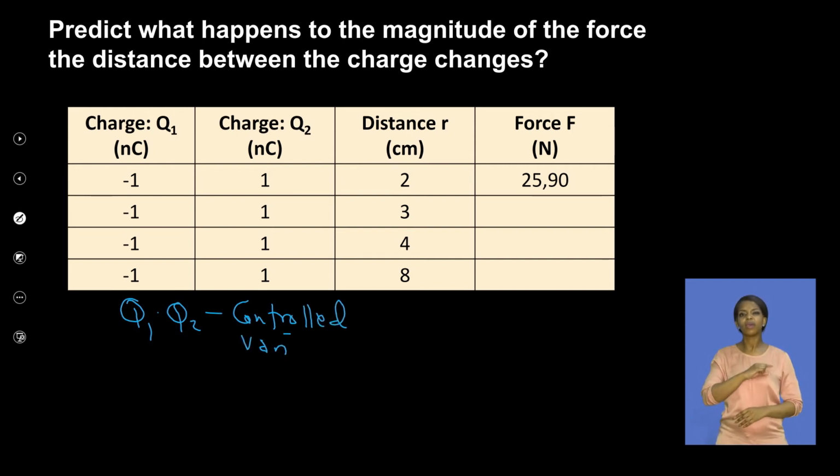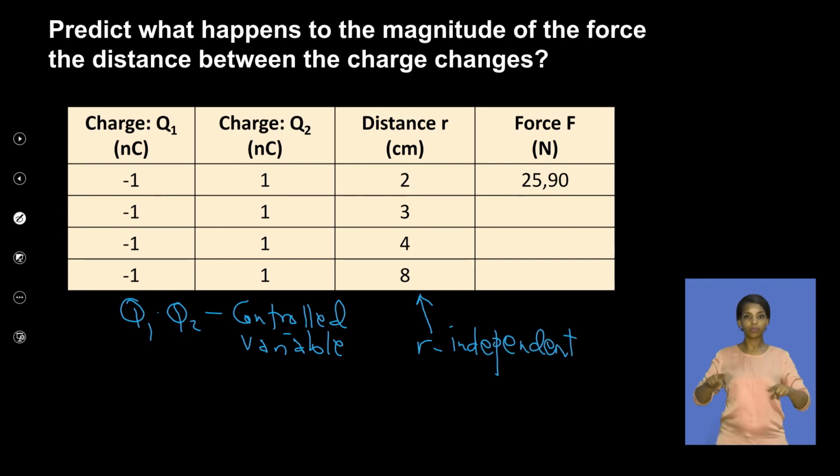It's because we're not changing the magnitude of the product of the charges, or either we're not changing the magnitude of each charge, which actually affects the product anyway. But now what is changing here is our distance between the 2 charges. So this distance R is actually our independent variable, right? So by changing R, we want to see how it affects the magnitude of the electrostatic force that exists between